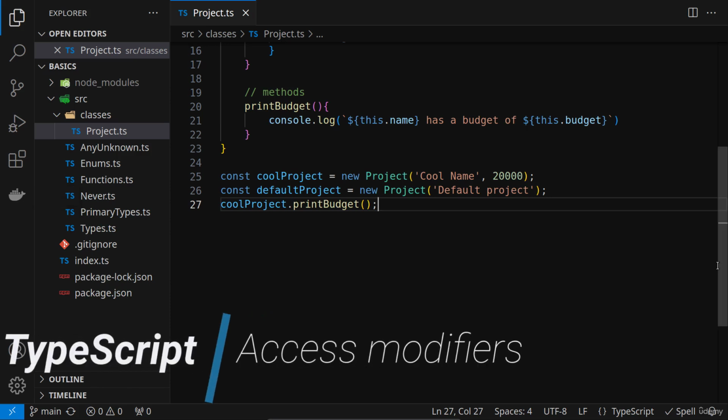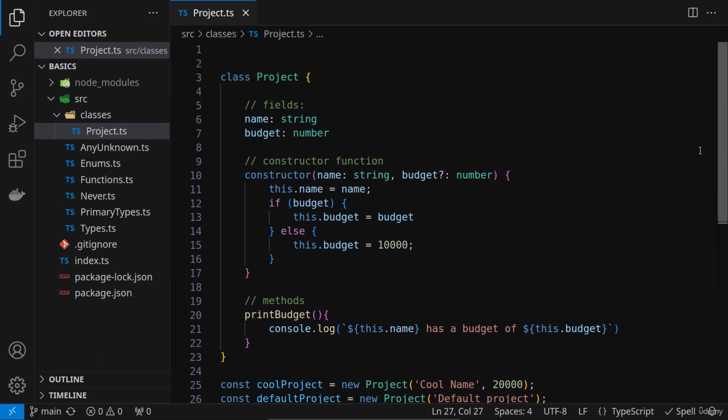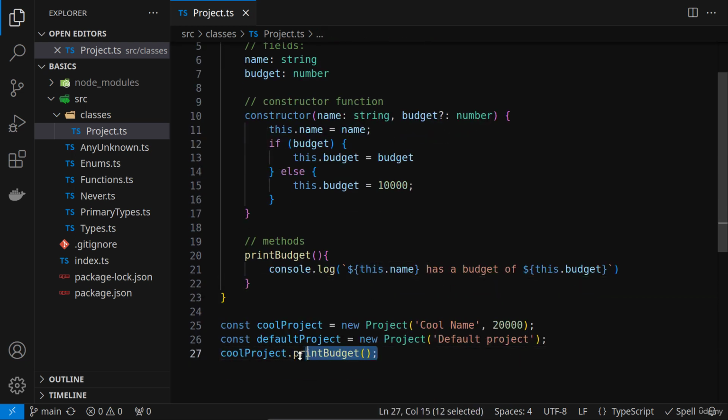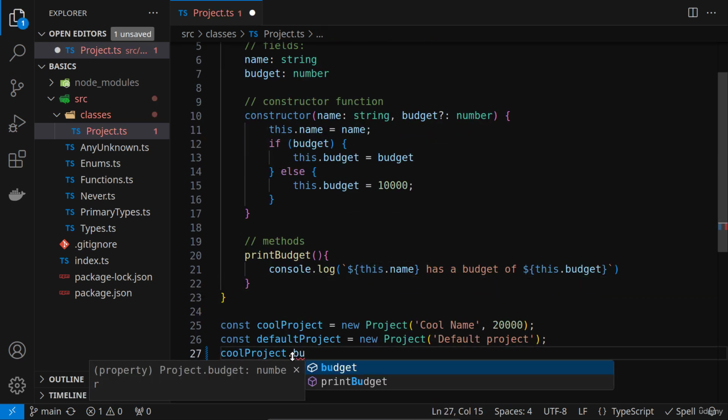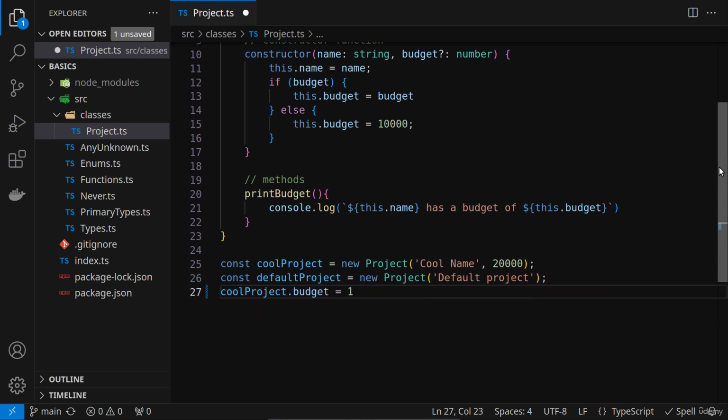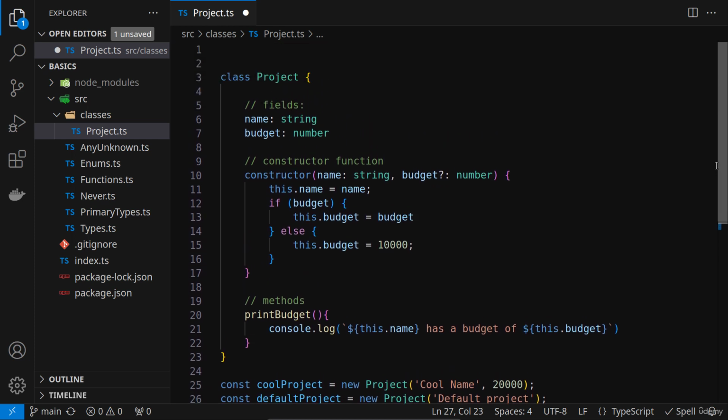Let's now talk about another TypeScript feature related to classes, and I'm referring to access modifiers. Let's start with the problem. The problem, for example, is that once the class is initialized and we have a method to print the budget, downstairs we have access maybe to the budget. And if I'm not careful, I can set the budget to a different value, like this, and everything should be set up. Usually this is considered, yet again, not such a good practice,